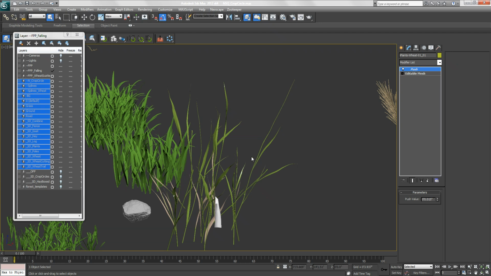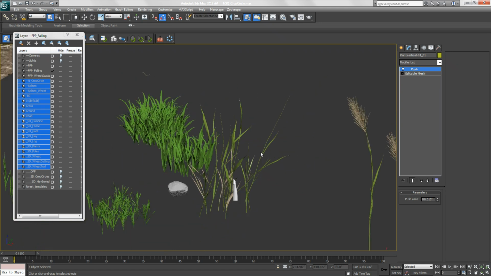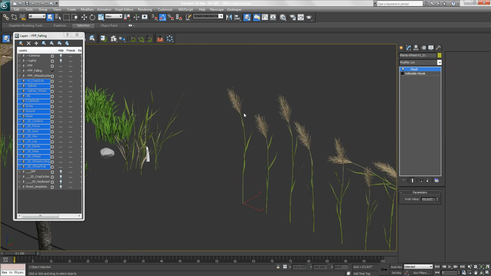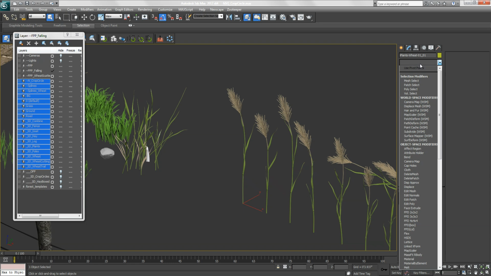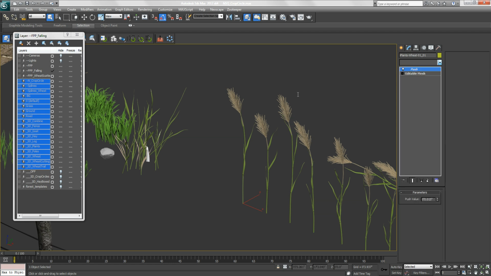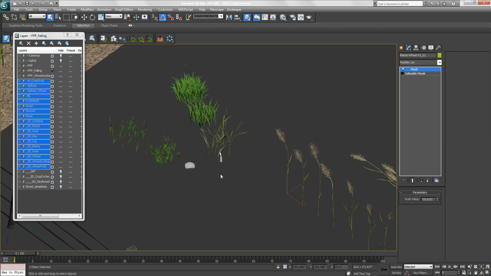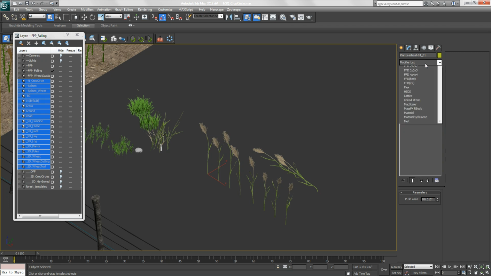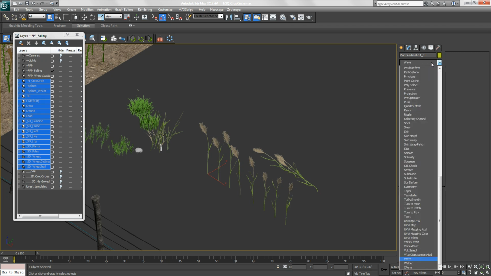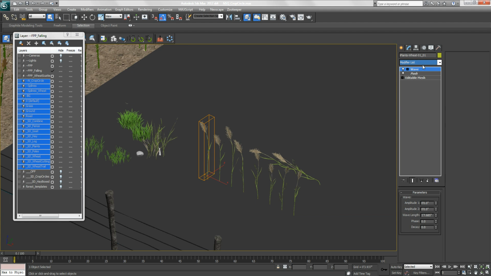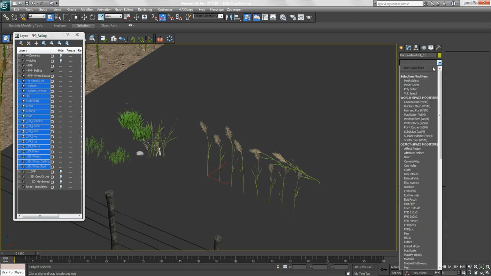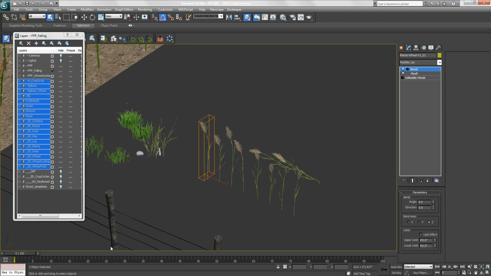Yes? Can you animate the grass right now? Yes, you can. Forest supports the animations and animated proxies. So all you would have to do is, you know, you could put a wave modifier on it, or you could put a flex modifier on it if you want to use real wind. It's pretty simple to do. If you wanted to see, you could just put a wave. Was it wave or no? It would be bend on here. Bend and